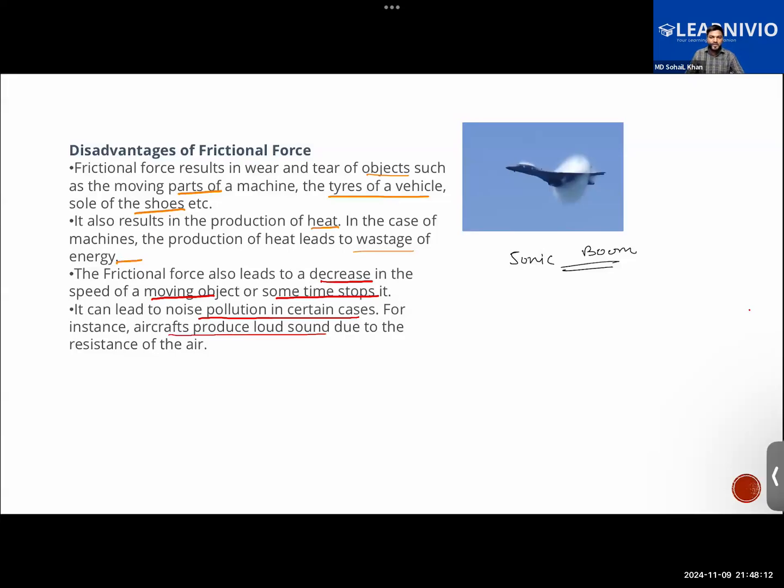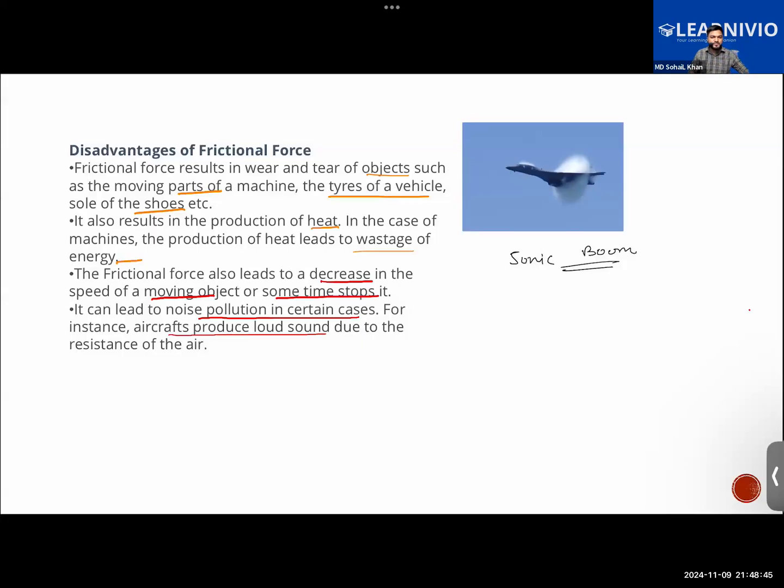That is one thing. Friction can decrease the speed of a moving vehicle. If the speed of the moving vehicle decreases, it will waste our time. Plus, if the parts of machines become rusty, if the engine of a car or some automobile is rusty and lubricants have not been put into it, it will consume more fuel to run, isn't it?